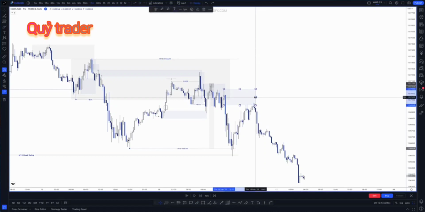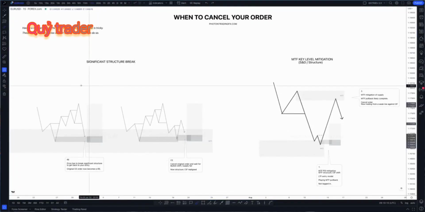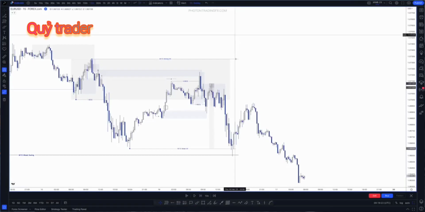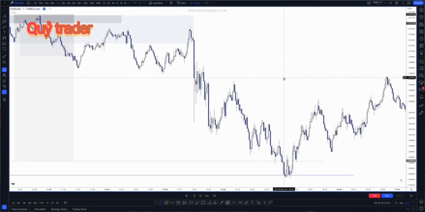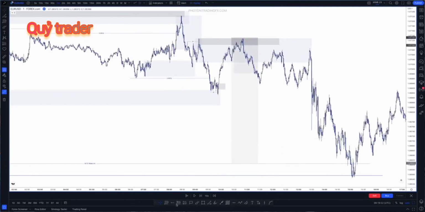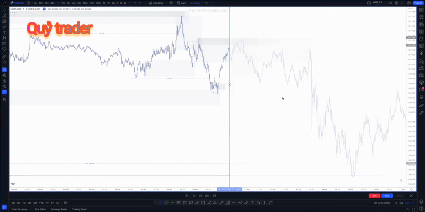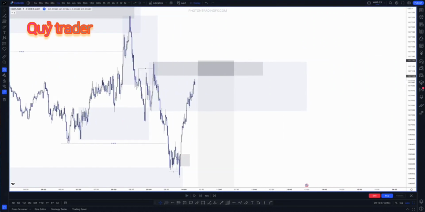So let's quickly talk about the other scenario, which is, at what point on a lower time frame, if you've waited for confirmation entry, do you cancel the order if you don't get tagged in? Because this is another one that can be a little bit subjective somewhat. So let's go back to that same trade idea. If I just scroll back on here, and let's use a little bit of our replay, because this is actually another good example of where we can look through the